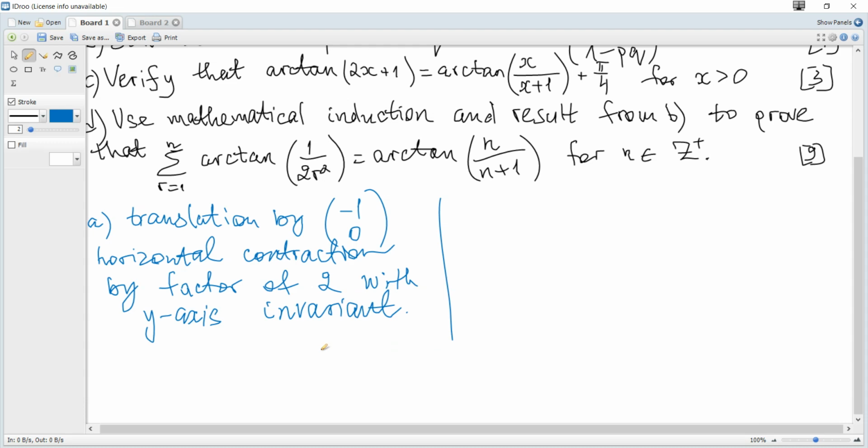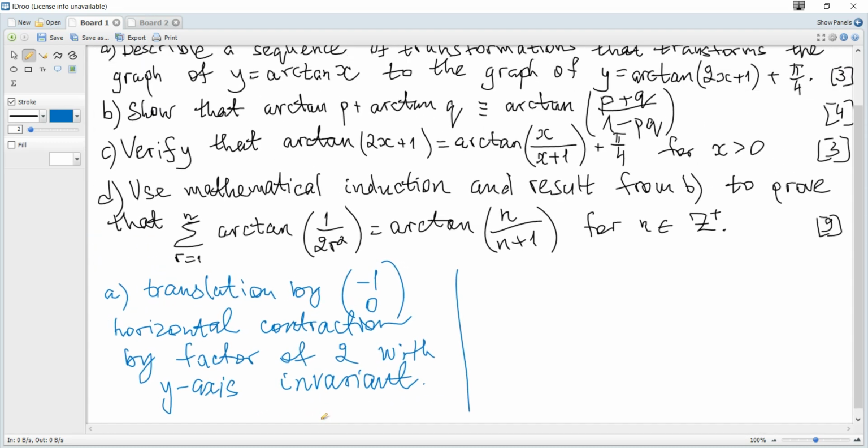It means that all points on the y-axis remain in the same places, but all other points become 2 times closer to the y-axis, and followed by